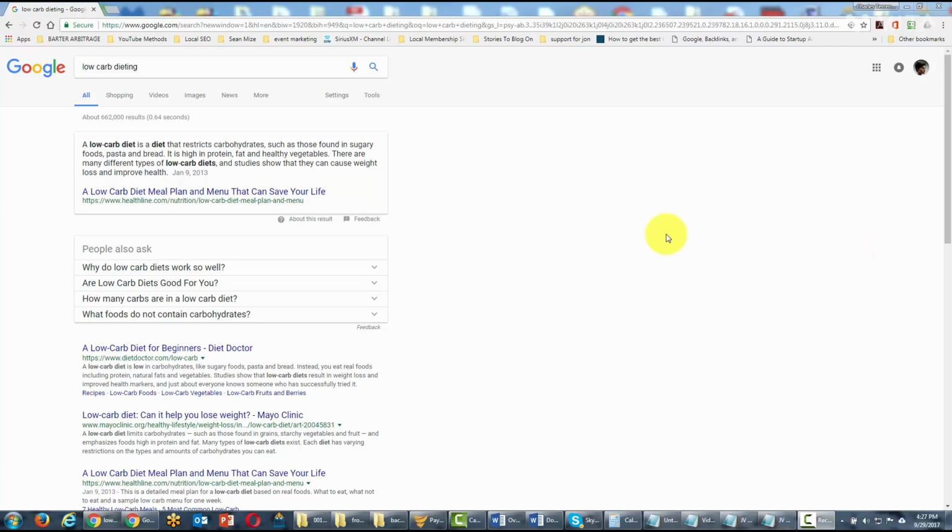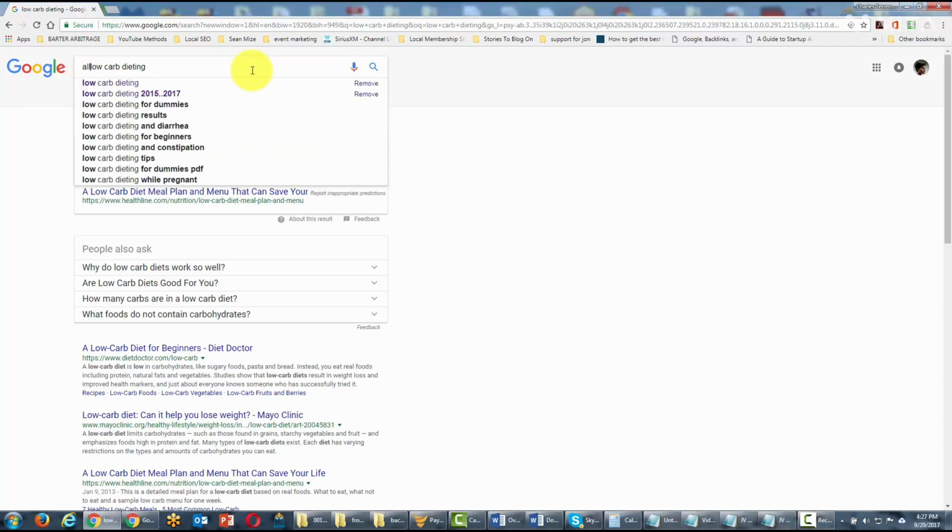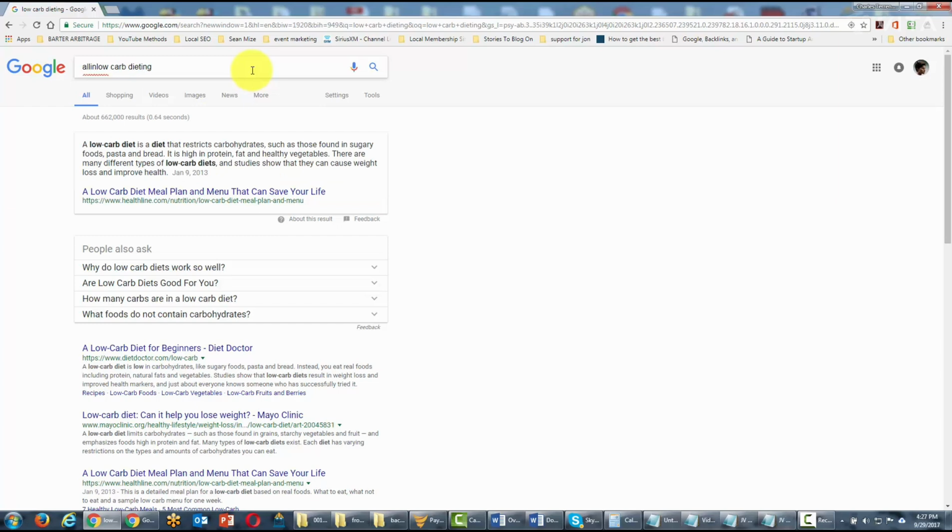Another way to find relevant information is to find domains that actually have your keywords in them. And what you can do inside of Google is you can actually use the parameter allinurl. Basically what you're going to do is write in the word allinurl. Then you're going to put a colon there. You're going to put a space there. And then you'll click enter.